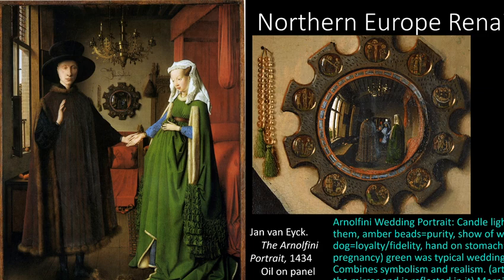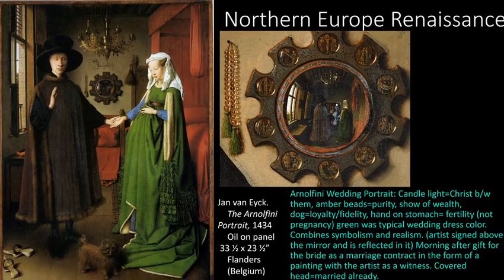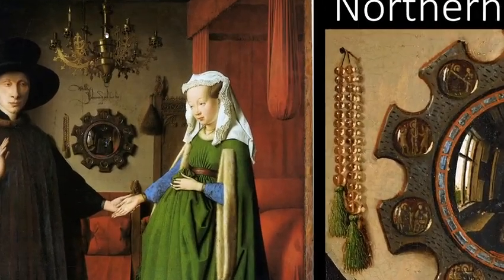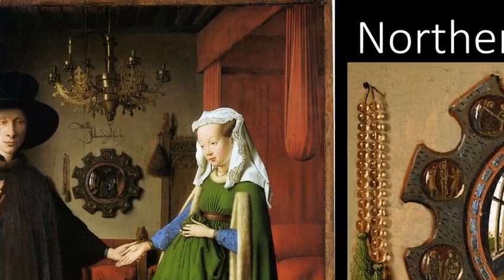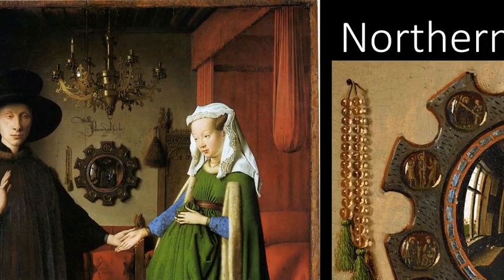So one thing that starts the controversy over the meaning of this is looking up here at the top. If you look at the candelabra up here, I think you call it that, the chandelier, you have one candle lit and no other candles lit. So what does that mean? Why would he do that? Nothing is left to chance here. Jan van Eyck, every single element meant something. So you have to figure that out.